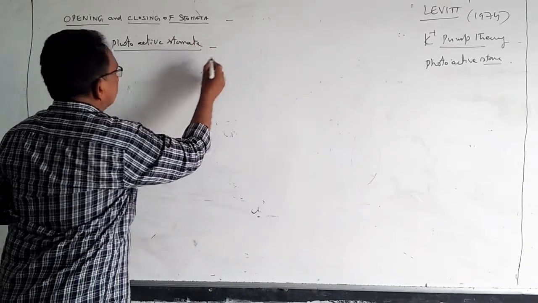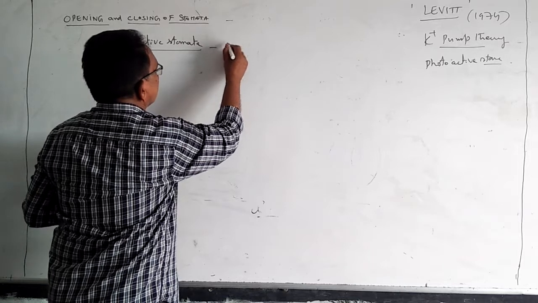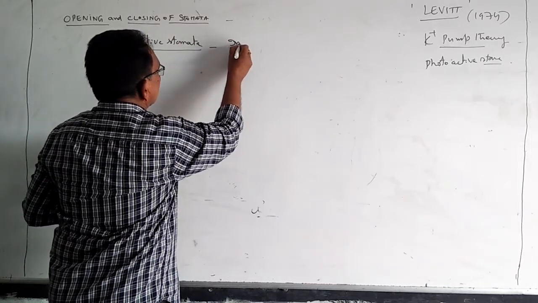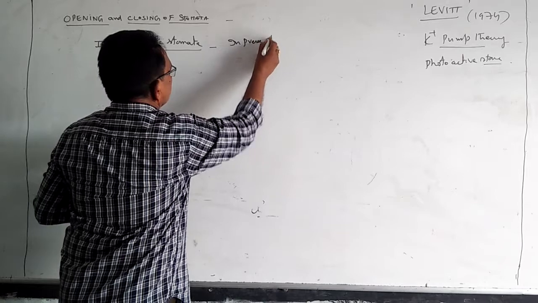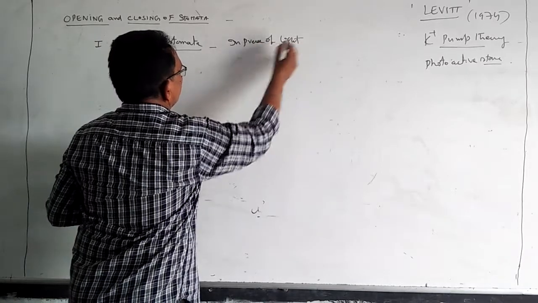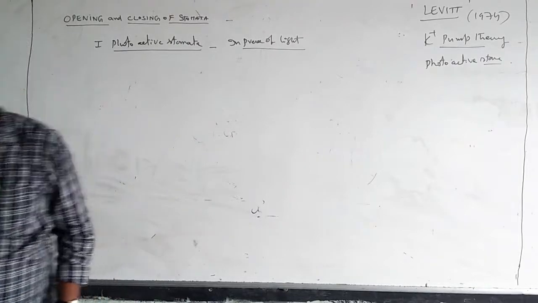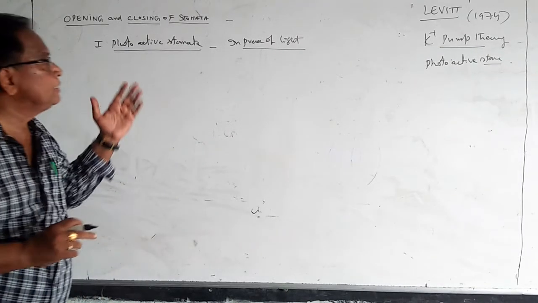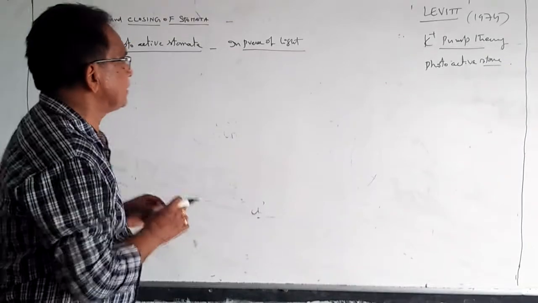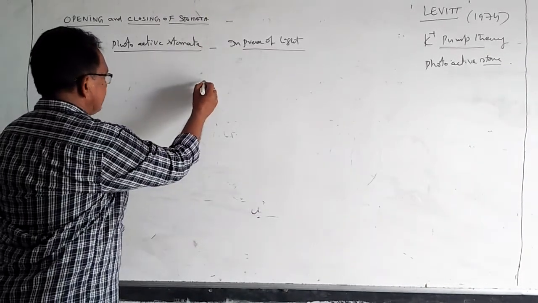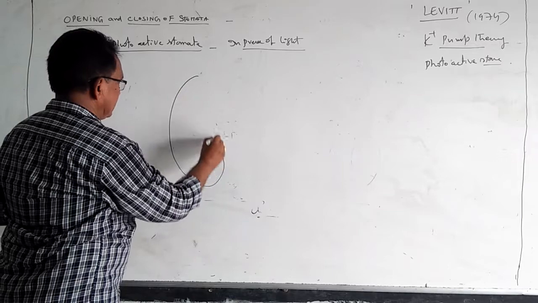Photoactive stomata means the stomata which open in the presence of light. Such stomata are called photoactive stomata. Then in the presence of light, what will happen? In the presence of light, if we observe the guard cell,